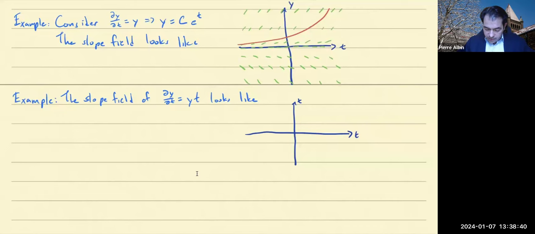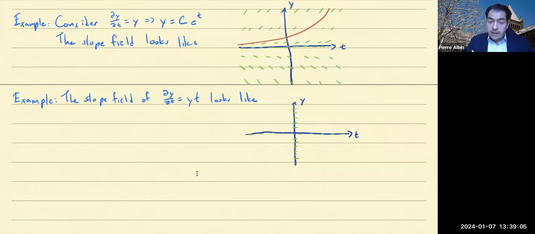So let's think about this. If y is equal to 0 or t is equal to 0, we get 0 on the right-hand side here. So that means that our segments would be horizontal,